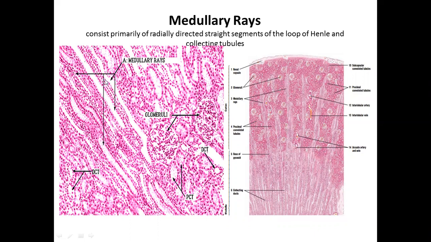एंड जस्ट लुक एट दिस मोर मैग्नीफाइड पोर्शन, दिस ग्लोमेरुलाई is indicating that you are visualizing a cortical portion. Around this there are a lot of distal and proximal convoluted tubule cross sections, and in between them there is a ray coming from the medulla, appearing like it is coming from medulla and entering into the cortex, but actually it is starting from cortex and then going towards the medulla. These largely cross-sectional collapsed profiles are representing the collecting ducts, tubules of the medullary rays here, lined by simple cuboidal epithelium.